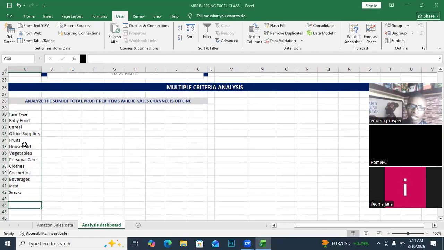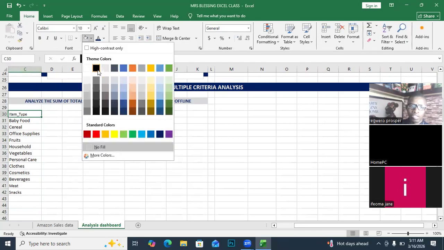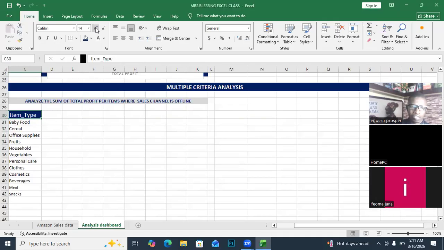So what I'm doing right now is designing the model or the analysis table. All right. I'll try to make the header look different from the values, so let me give them this color, and then if possible, enhance the size a little. Now, the next column is where I should list or label the expected results, which is exactly what we are asked to do. So here I should label this Total Profit,